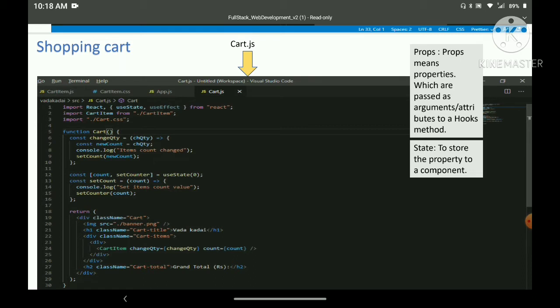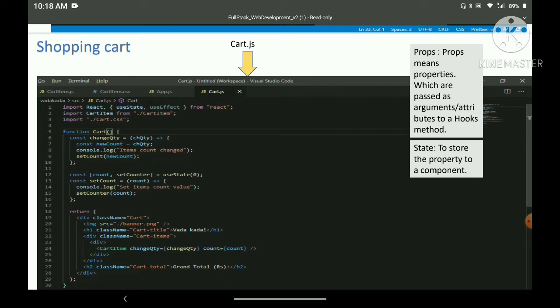Think of it like this: if you are clicking the add button or subtract button, the quantity needs to change. In JavaScript we have the on click methods. In the same way in React.js we need to call the appropriate methods, but here we don't have an on click event or on press event kind of thing. Here we have the states. States means we are changing the status of a particular component. So to store the property into a component, we are going to utilize the states.